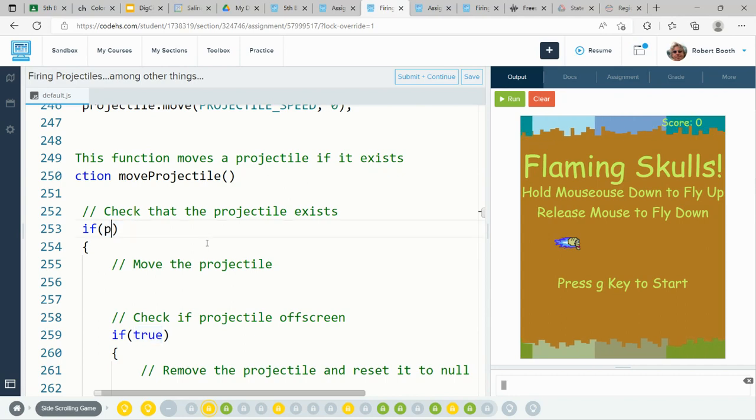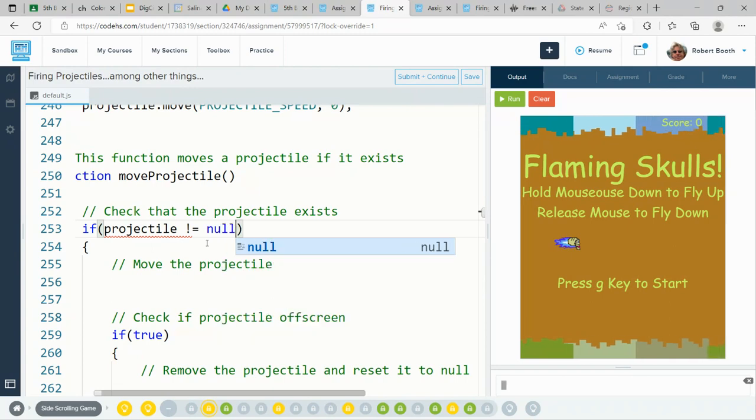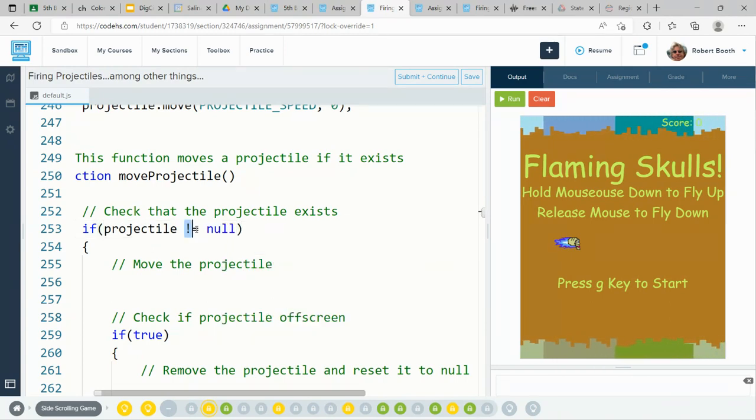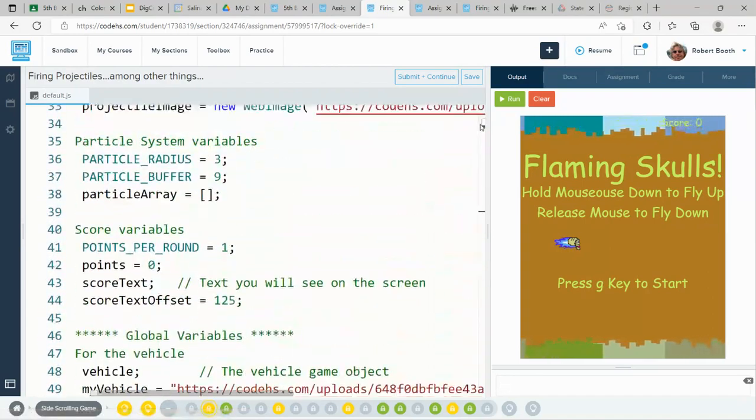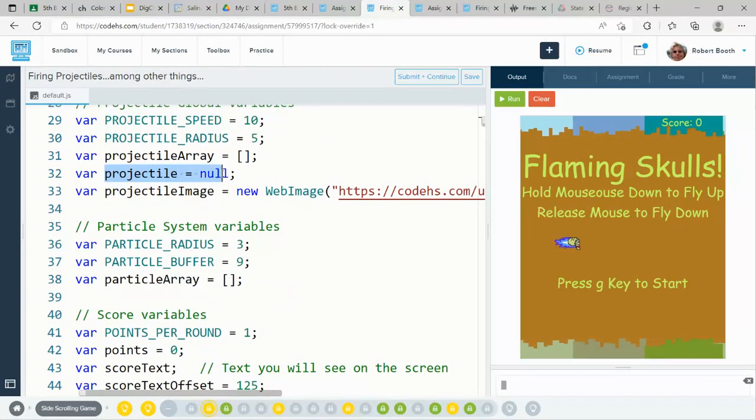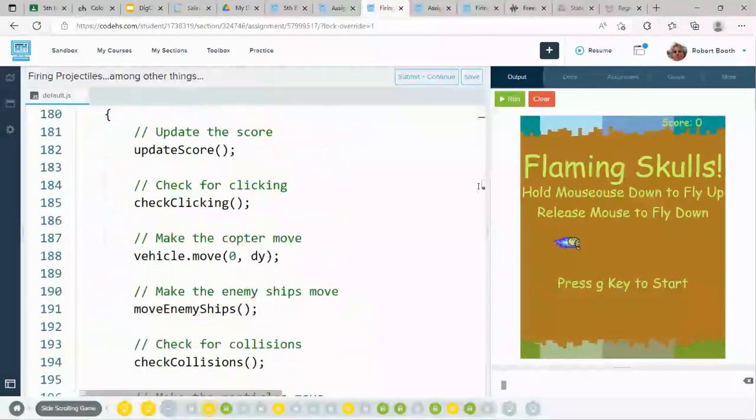Checking if the projectile exists. That means I want to check to see if my projectile is not equal to null. Not equal. That's the exclamation point and the equal symbol. Those two characters, when they're next to each other in JavaScript, they translate into not equal to. So I'm checking to make sure that the projectile is not equal to null. When we first created the projectile up here in the variables, we created it and we created it null. As soon as we press the control key